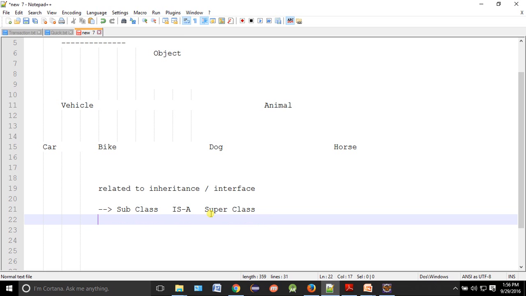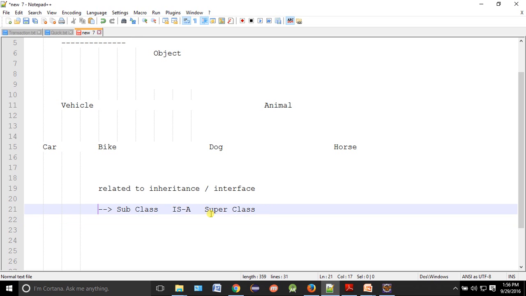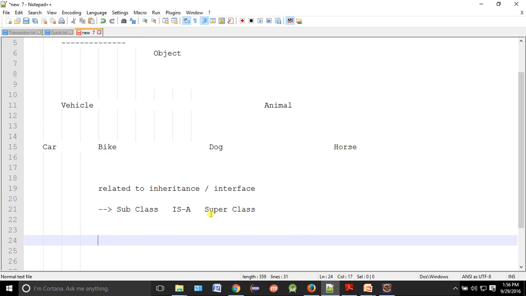Subclass is a superclass. So you are using "is a", right? That is nothing but "is a" only. So it is related to inheritance. We'll have one example, then you will be able to understand.